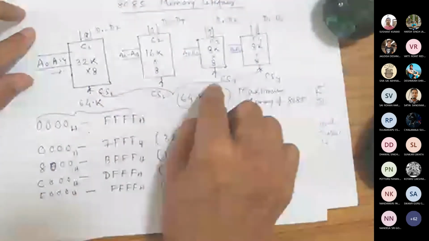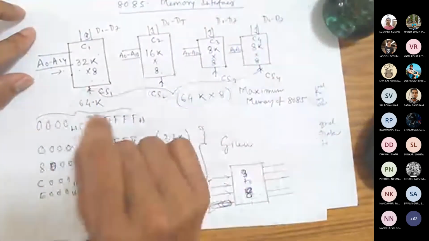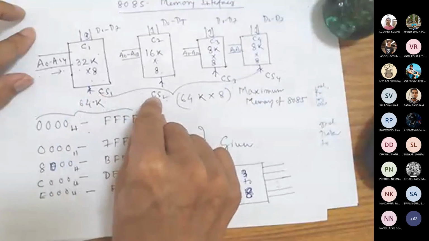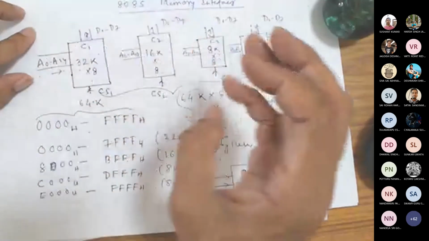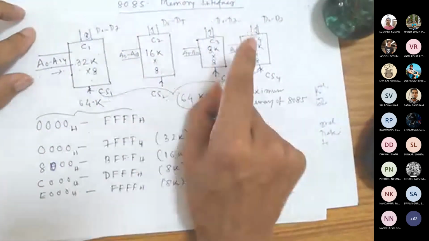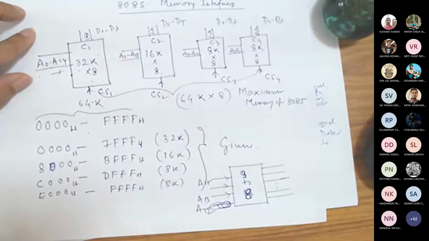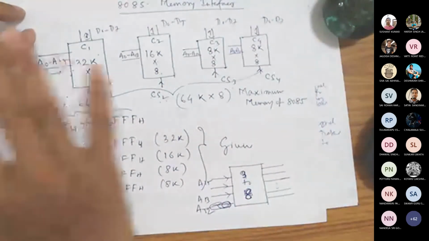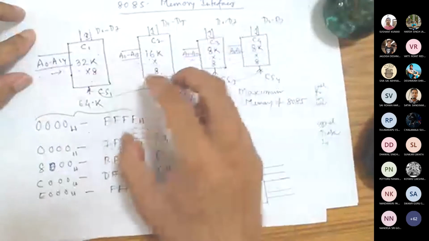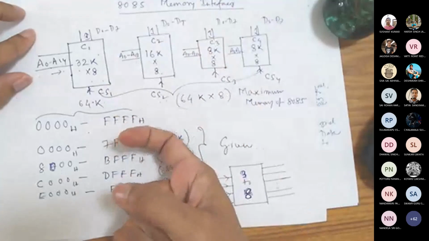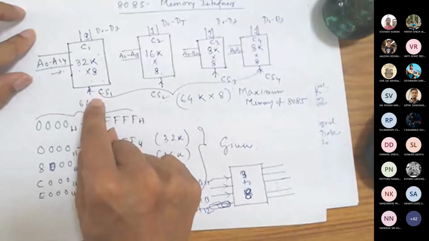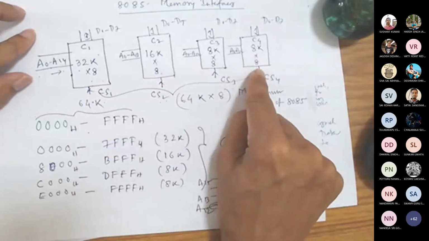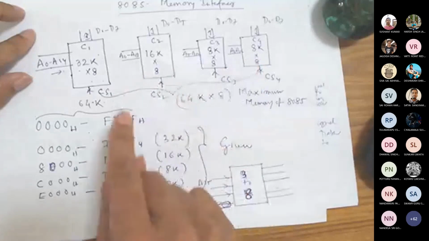So these chip selects are enabling the chip signals. Unless you enable these lines, you will not be able to get anything out of this chip. So read, write, address, data have no meaning unless these chip select signals are available. So in a design, when multiple chips are used to interface the memory, you need to select the right chip at the right time to get the value. Because I told you the entire memory may not be interfaced in a single chip. It may be interfaced through multiple chips, and then you need a decoding scheme.